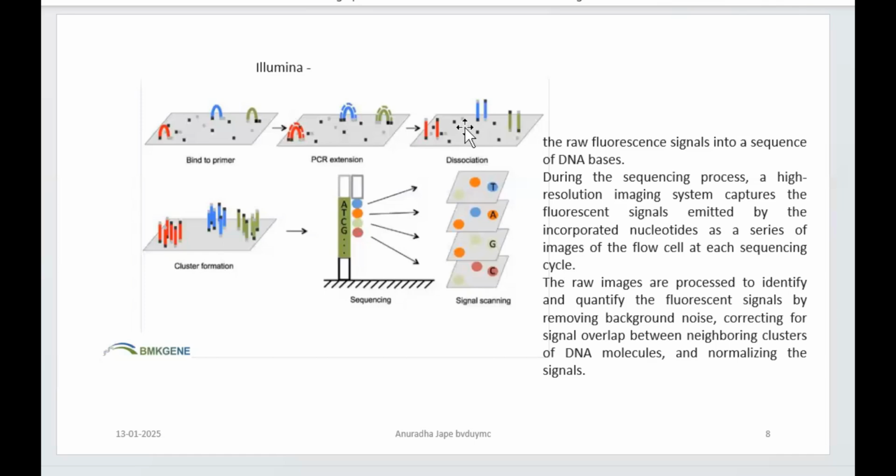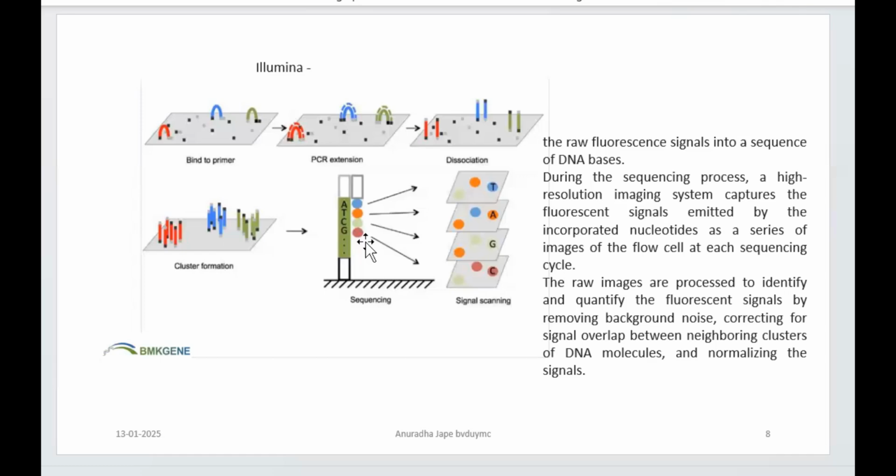So this is how, for a nucleotide that is getting incorporated in the growing chain, you have blue color fluorescence. For T it is orange, for C it is light blue, and for G it is purple red, right? That is how you will get different signals, and accordingly you are going to read the incorporation of a single base, right? So the fluorescent signals are going to tell you which base has got incorporated.